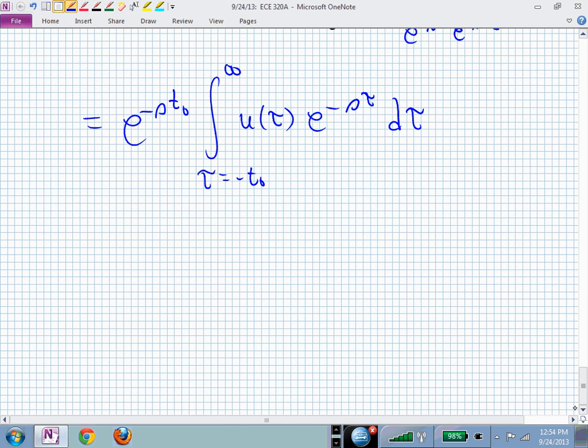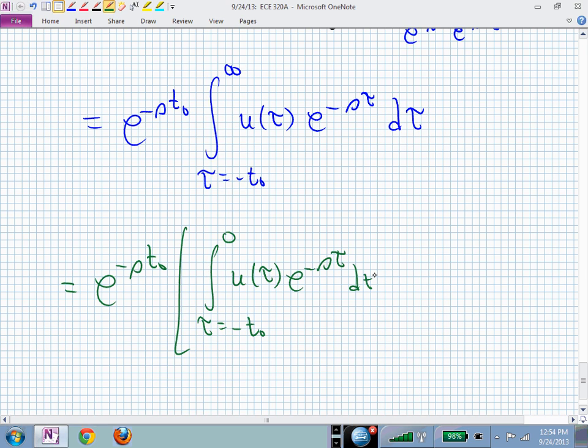But I won't give up just yet. I have this e to the minus s t0. How about I just write that integral as two integrals? Just split it up. How about if I have an integral from minus t naught to 0, whoops,